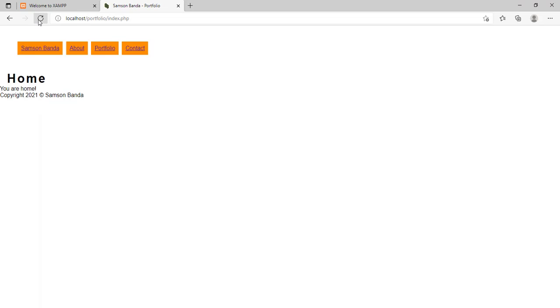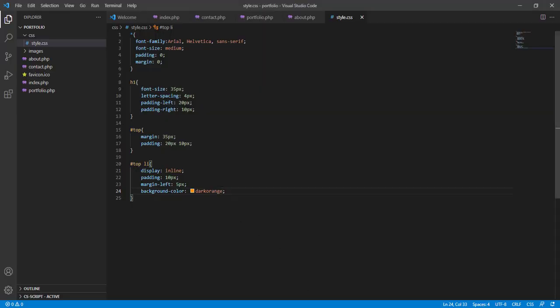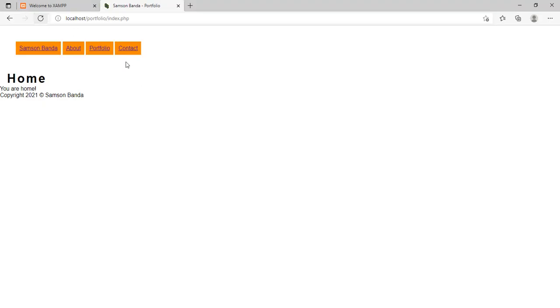If we come back and we refresh, we then actually see that we have changed the appearance of our links. So now they're displayed in line, and they've got a background color, and they've got a space in between, which is our margin. Okay, our margin, we had actually put it as 5. Let's actually put our margin as 0, like that. Come back, we refresh. Okay, now it's looking a little bit better, but we still have this small little space